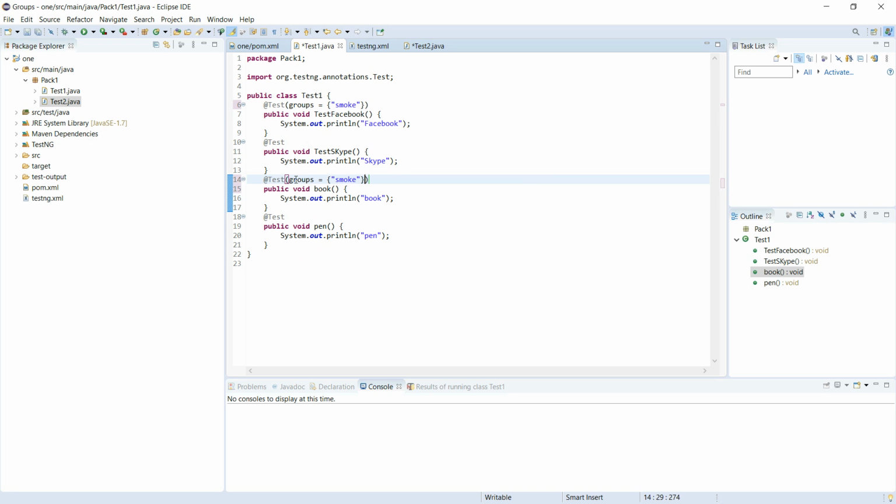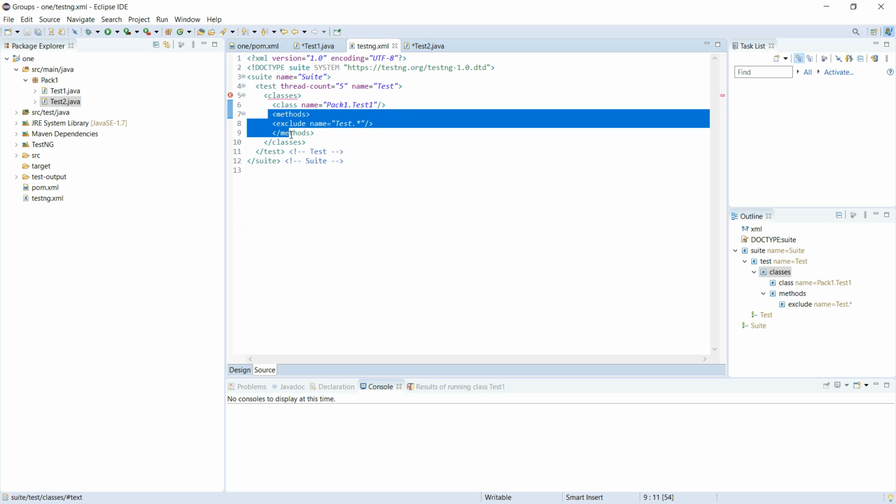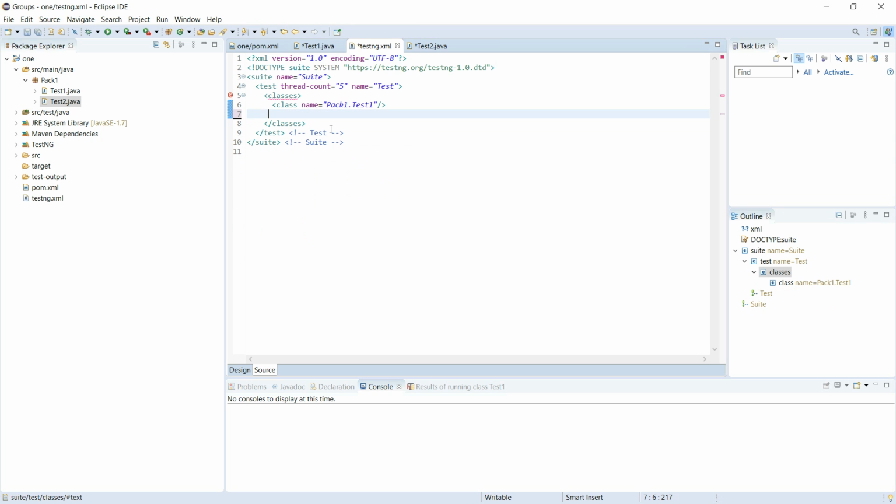Then what I need to do is modify the TestNG XML. So how, we will see here. Go to TestNG and delete this. And I have 2 classes, so I am writing another class.